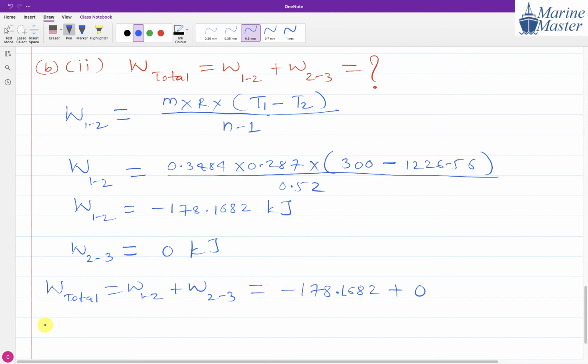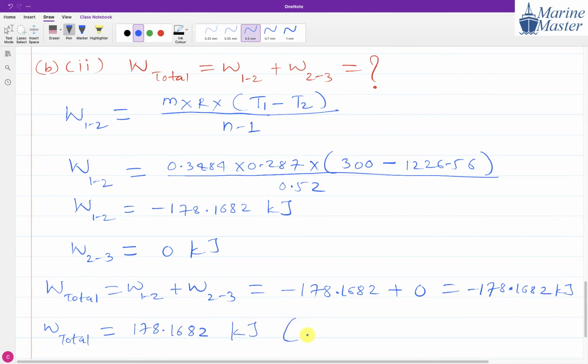So if you add, we will get a minus 178.1682 kilojoule. And we are getting a minus value, what does it mean? Don't worry about getting a minus value. It means we are giving a work input. So at the end, instead of writing the minus value, we will write down the positive value